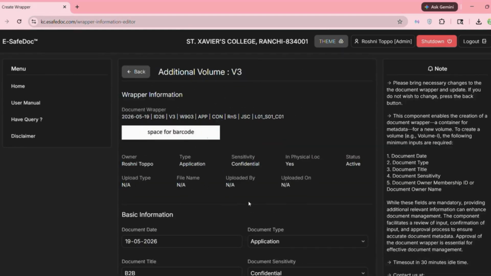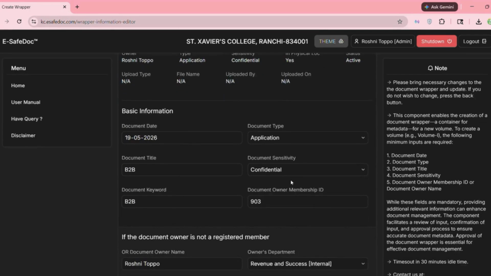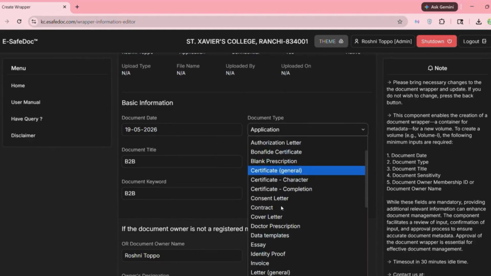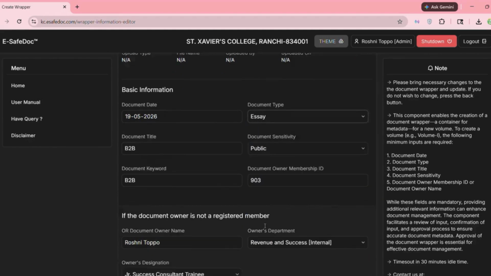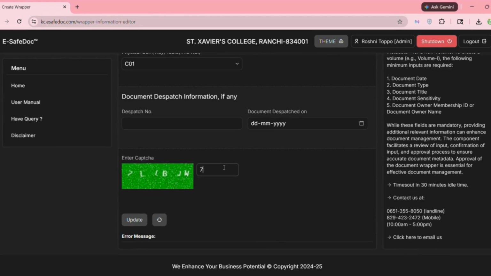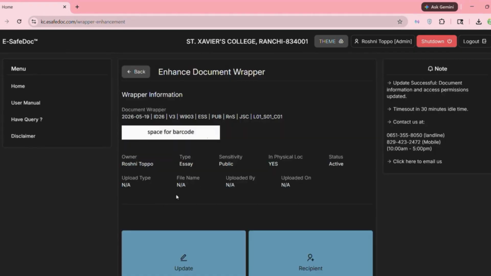You can change the metadata for each volume. Here you can see that the document type and document sensitivity has changed.